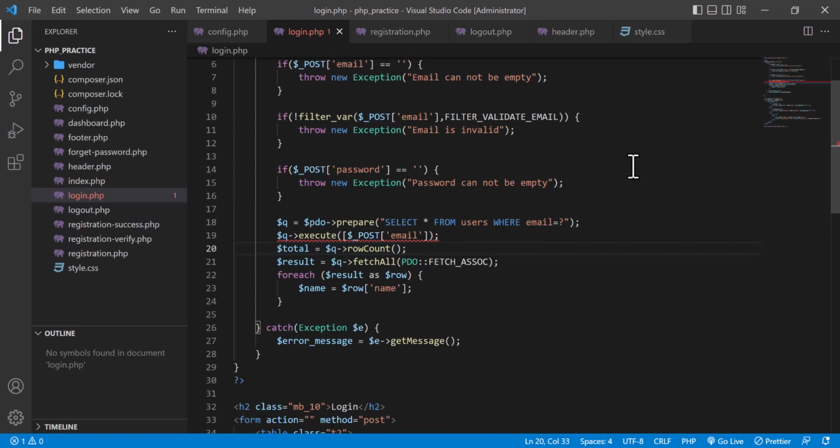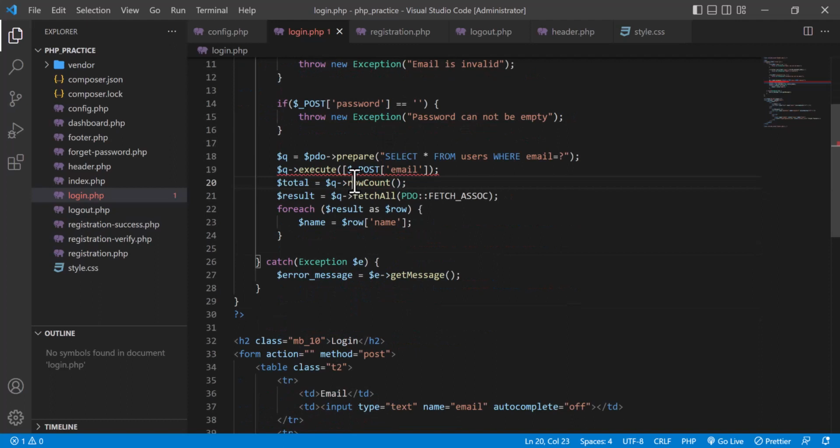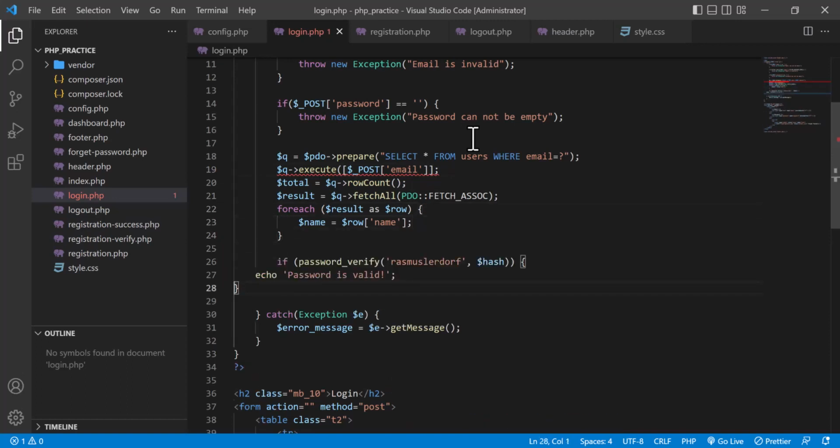But that email can be wrong. The email that the user gives here can be wrong, right? So here the total will work also, so I will keep it, and I am going to do one thing, that is I am going to save the password. To save it here, I am going